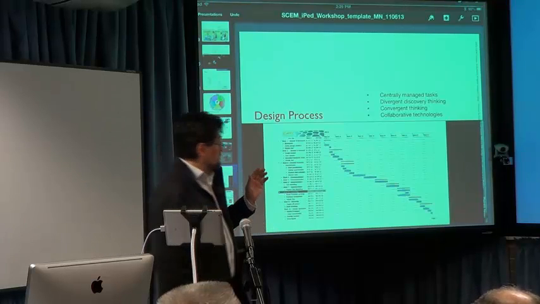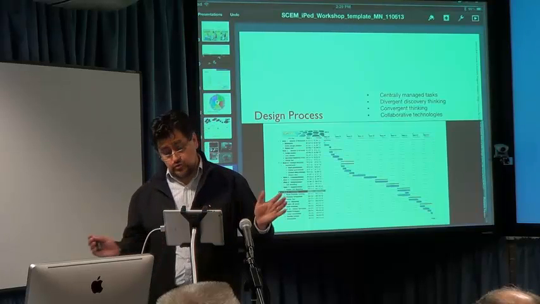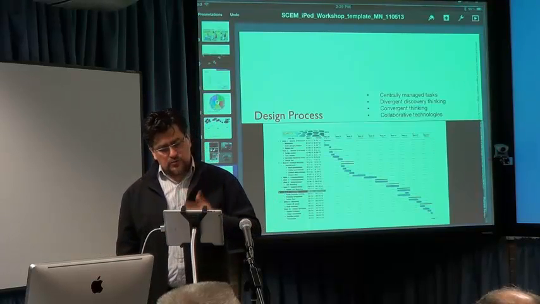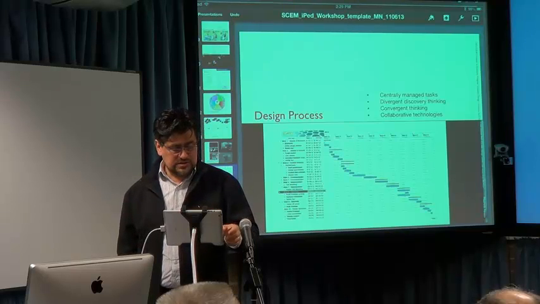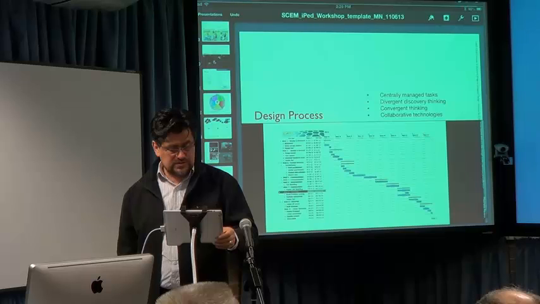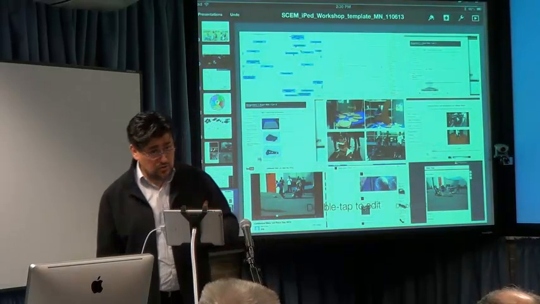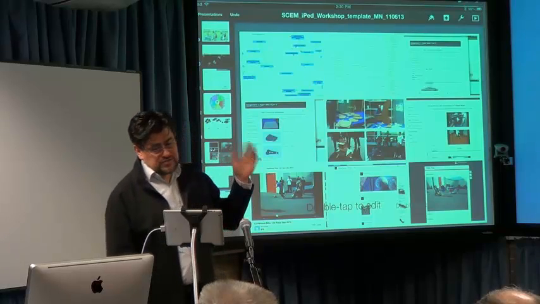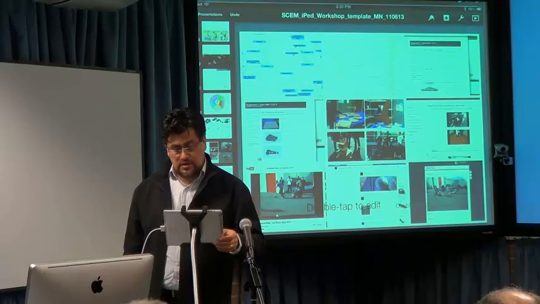Basically, design process is very important. Centrally managed tasks are very important. Sometimes we have too many apps. Discovery learning, convergent thinking, collaborative technologies. So these are some examples of what the students have done in the past and the steps they go through, including the iPad. From brainstorming in some software that is available free or for a charge,